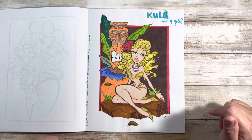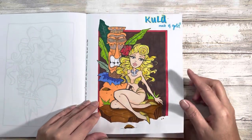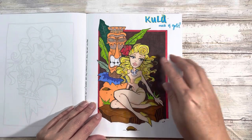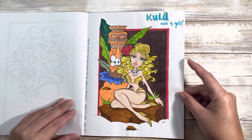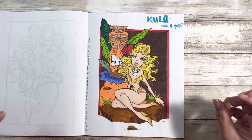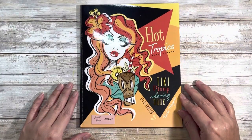You should be focusing on her. Her name is Kula, and in Hawaiian, that means made of gold. She actually looks pretty normal. I just added some different tones of yellows in her hair. I wanted her to be gold, light-skinned. I don't always do a lot of light-skinned girls. And yeah, it's a departure from what I normally do in my Carla Magana, because it isn't so bright and vivid. She actually makes sense to me. But that is Hot Tropics, a Tiki Pinup coloring book by